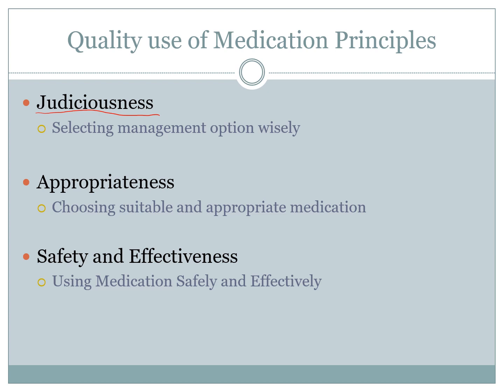So what it means by selecting is not selecting only the best drug for the condition, that comes under more appropriateness. It's deciding whether or not drugs are needed. And is there something else out there that can be used in order to solve the problem? So does everybody need pain relief for simple pain? Does everyone need throat lozenges when their throat's a little bit sore? Things like that. So deciding what patients actually need the medication and not just giving medication out